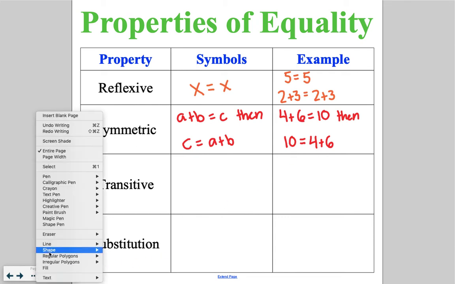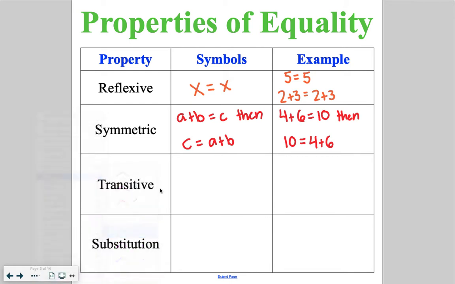Our third property here, the transitive property, is going to say if A equals B and B is equal to C, then A is also equal to C. So what this is saying is, for example, if 7 plus 8 is equal to 15,